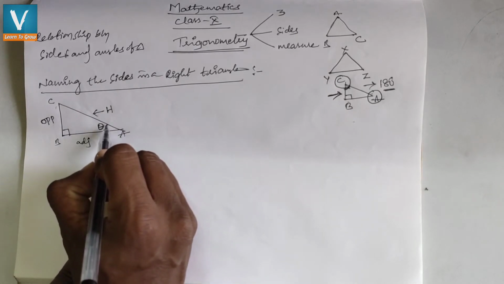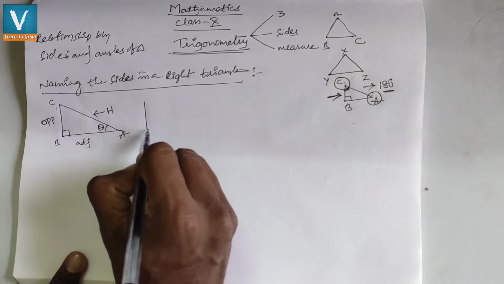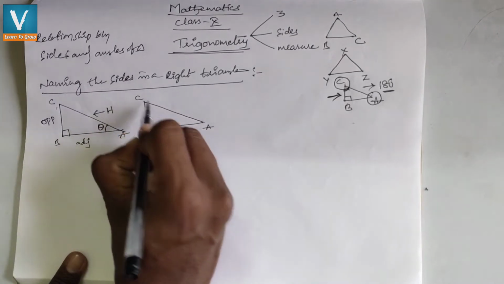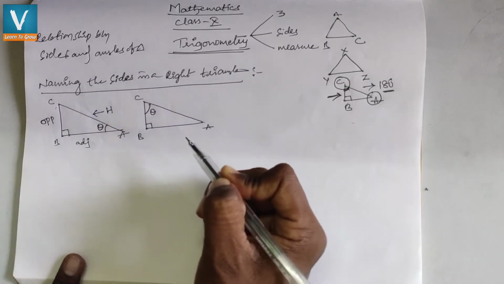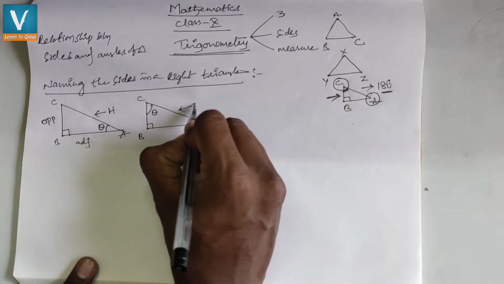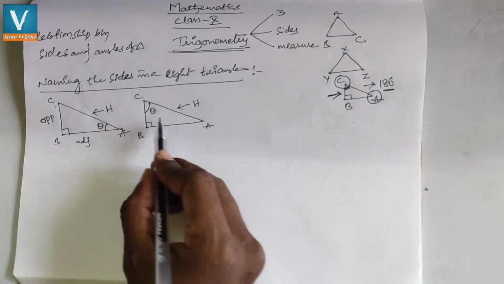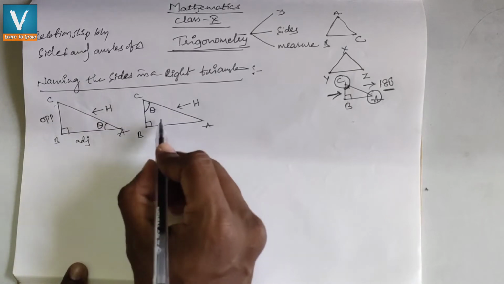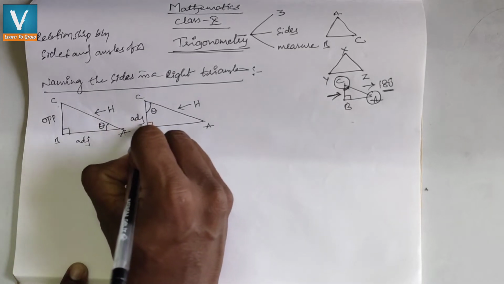So why do we have to observe from A only? What will happen if you observe from C? Let's see what will happen. Again I am taking right triangle ABC, right angle at B. Now I want to observe from C, where the angle measure is theta. We know that the longest side of a triangle is the hypotenuse. Now what can we say about AB with respect to C? Yes, BA is opposite to angle C, and the remaining side we can indicate as adjacent.